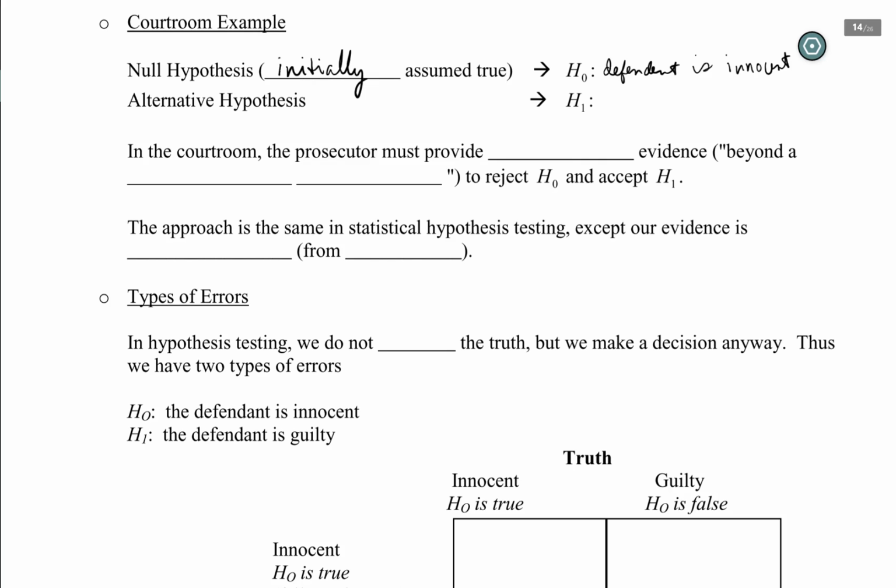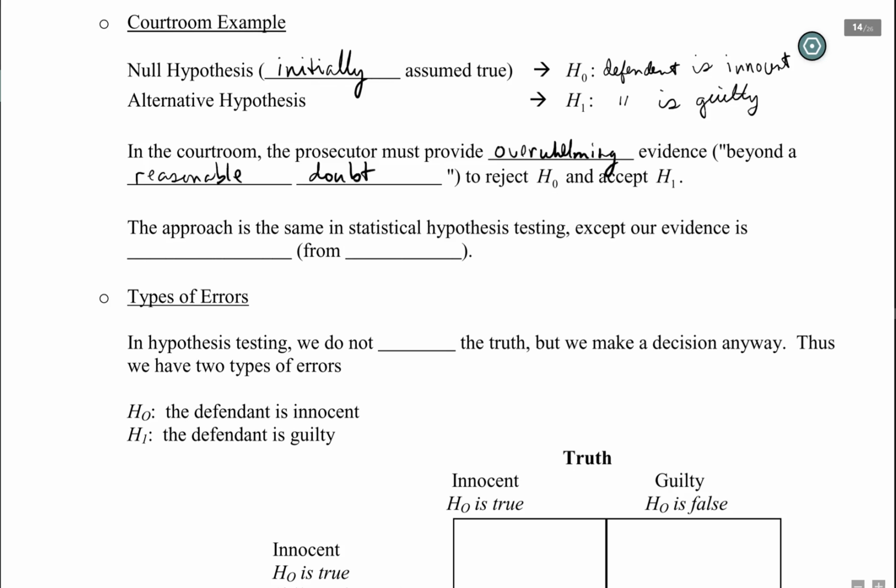The prosecutor wants to arrive at the alternative hypothesis, which we highlight or designate as H1 here, and that's that the defendant is guilty or is not innocent. Okay. And in the courtroom, the prosecutor must provide overwhelming evidence. In fact, we have a phrase for this: beyond a reasonable doubt. To reject the null and accept the alternative. That is to reject the idea that the defendant is innocent and accept the alternative that the defendant is in